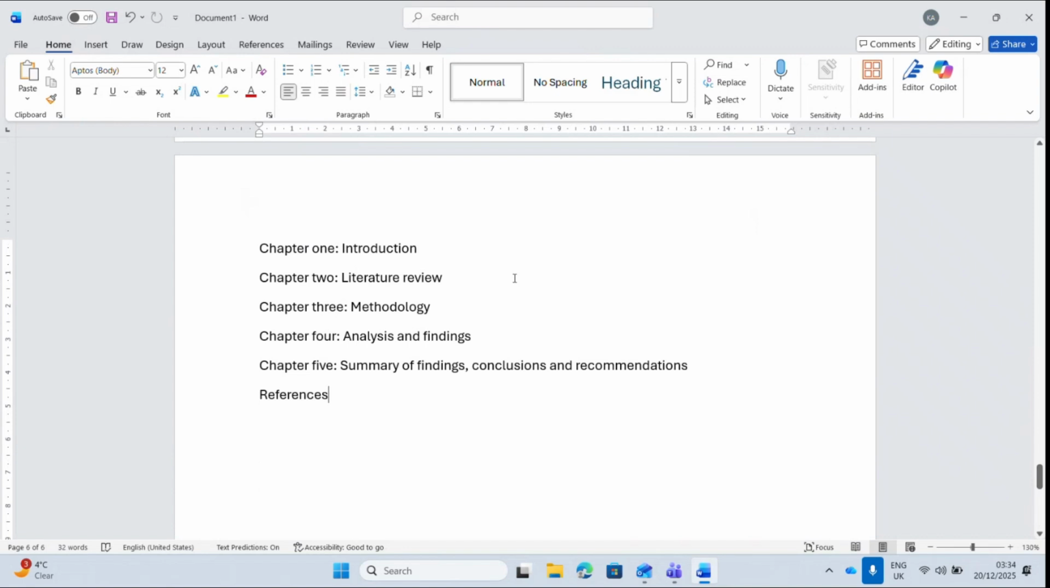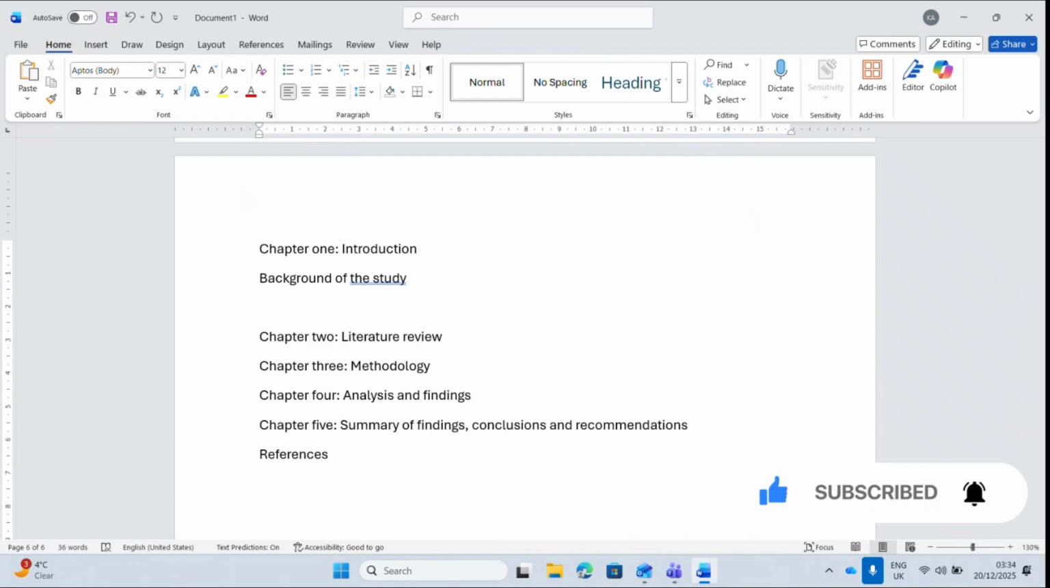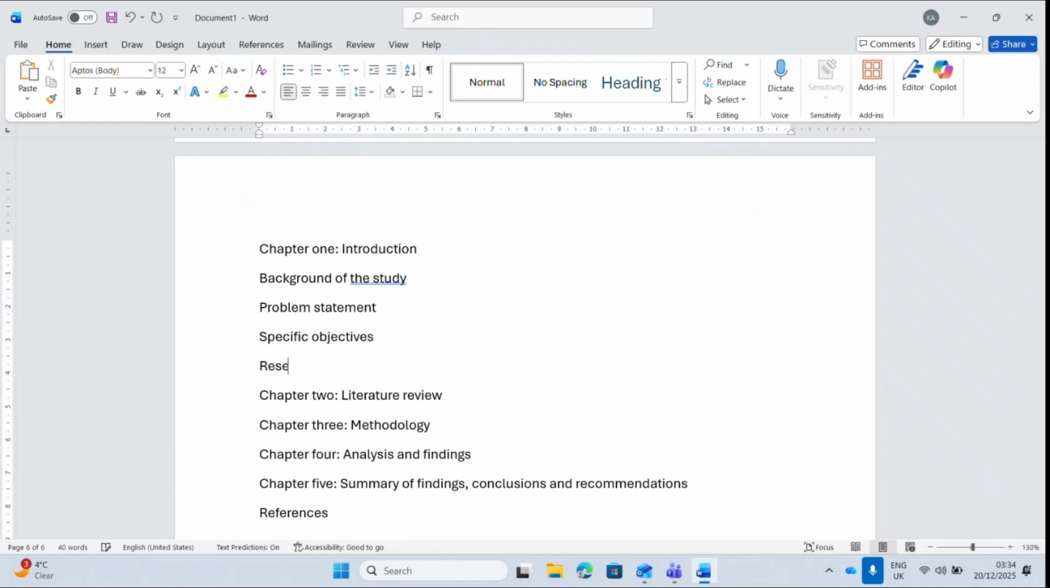So the next step is for me to have my headings and also subheadings as well. So under introduction, right, chapter 1, I can have background of the study, problem statement, specific objectives, research questions,